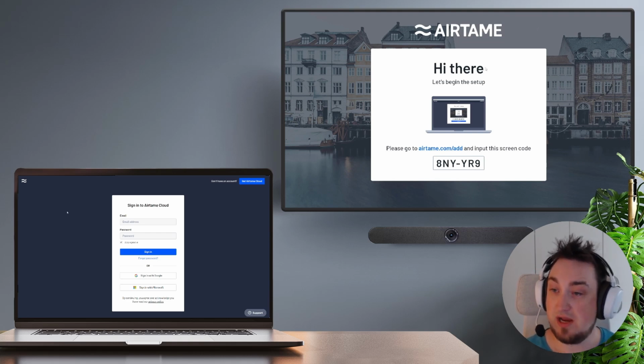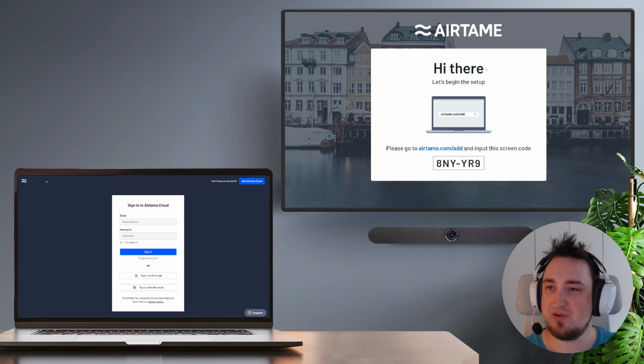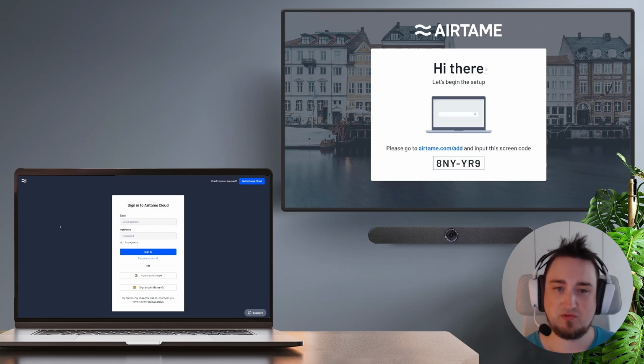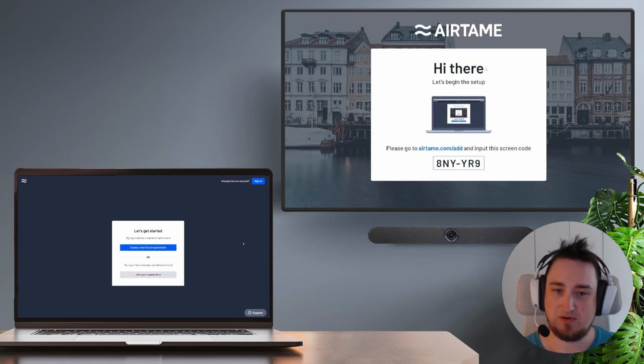Head over on your laptop, open your browser and go to airtame.cloud. This will show you this screen where you will be prompted to sign in. But of course, in our case, since we don't have an Airtame Cloud account yet, I'm going to go up to the upper right corner and click Get Airtame Cloud. And then from here, I'm going to click the big blue button, which says Create a new cloud